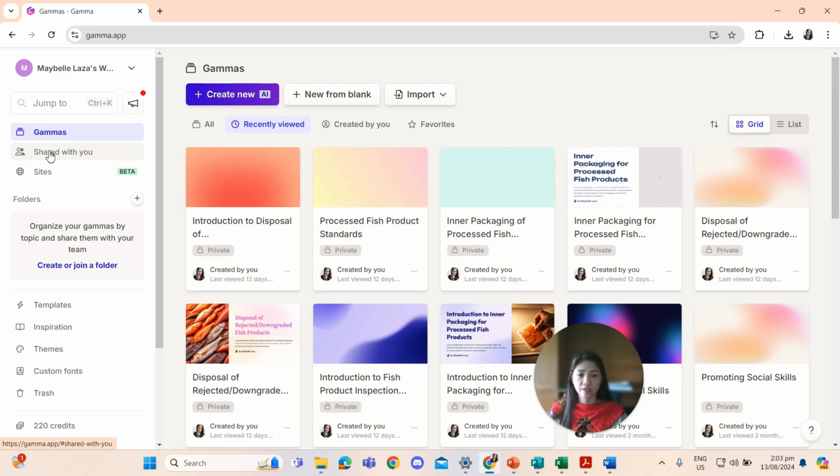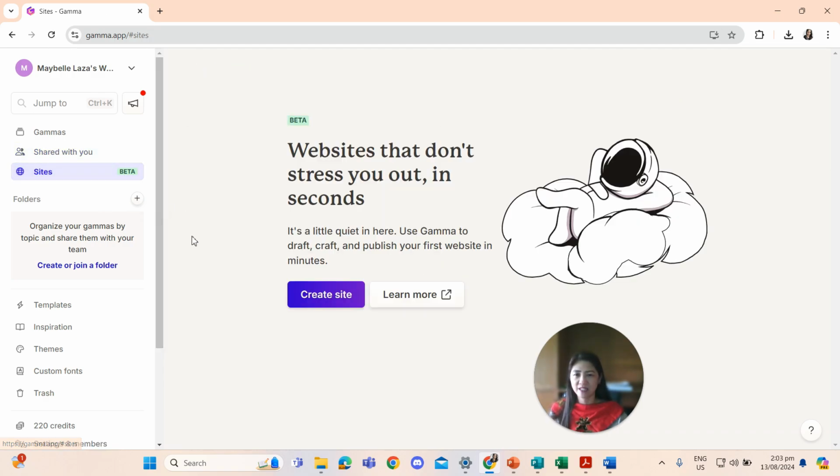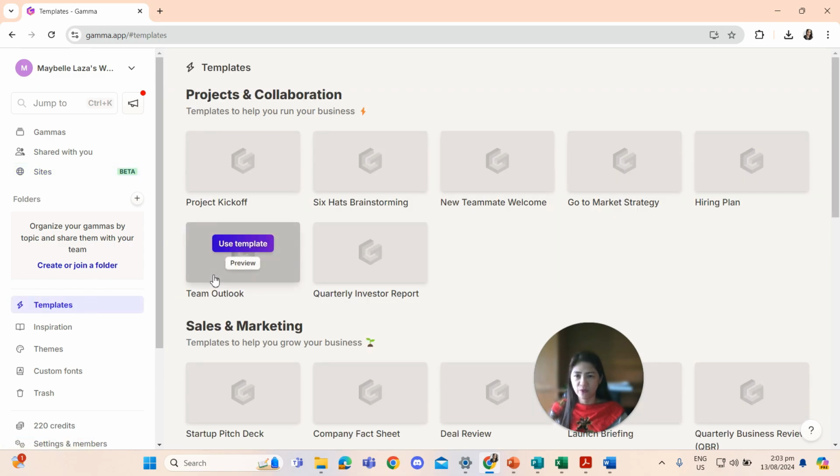Then we have to check the buttons that are available in the Gamma app. We have the Gammas. This is the Gammas. Okay, and we have here Shared with you. There's none. Then we have the Sites. This is the Sites, I don't have any. Then we have the Templates, of course.